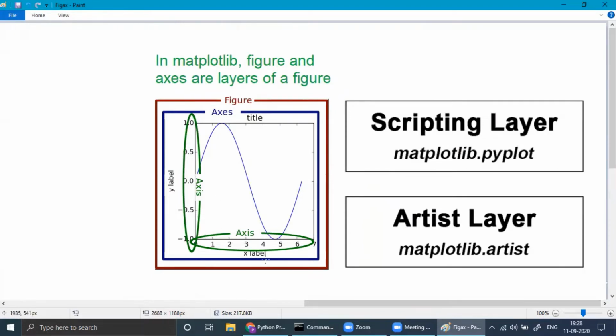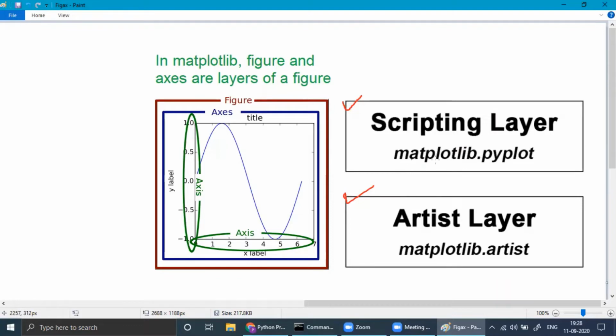You can write x label here, y label here, title here, and then your graph in blue. So in Matplotlib, figure and axis are layers of a figure. These are the 2 types.